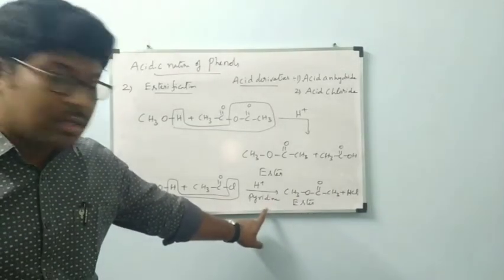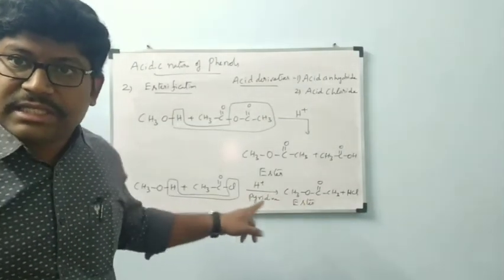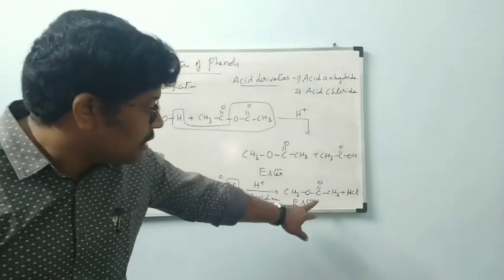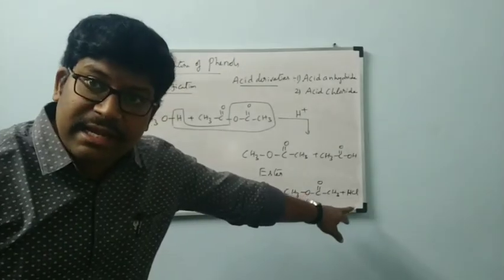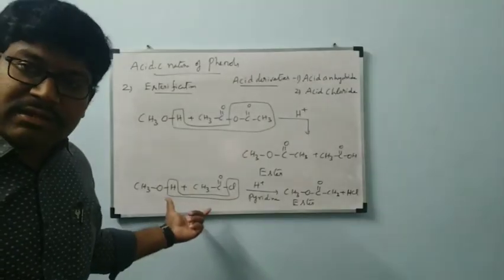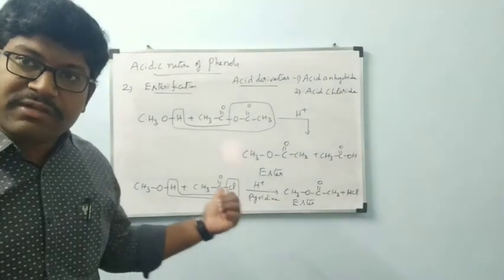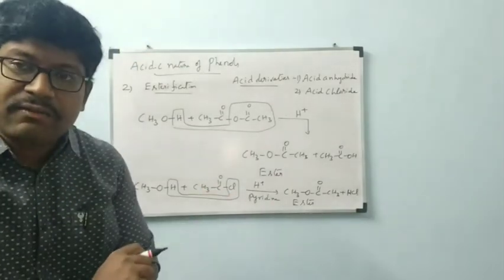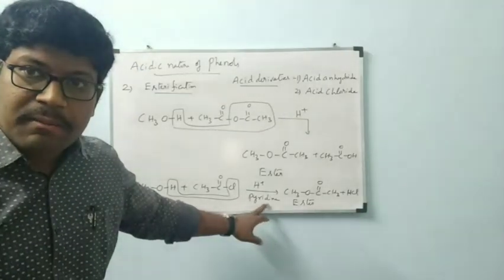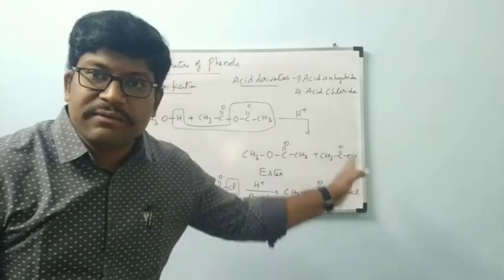I will say now. This reaction is a reversible reaction. After the formation of ester, it will react with HCl again to form the backward reaction. That means alcohol and acid chloride will again be formed backward, because this is a reversible reaction. That's why pyridine is the base which will neutralize HCl. That means it will remove the HCl.